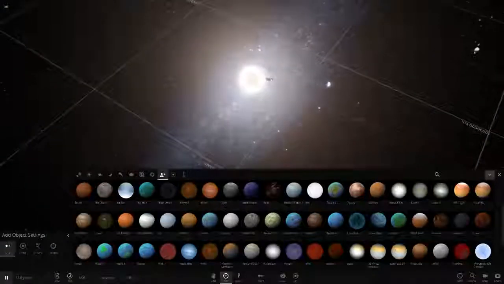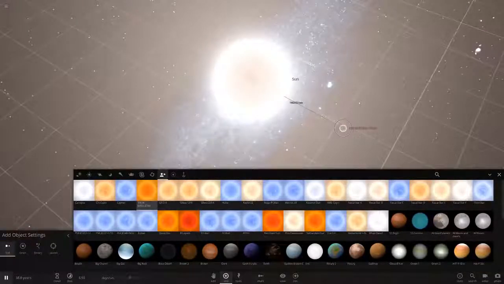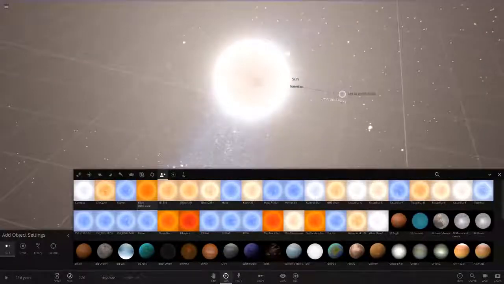But anyways, let's go and do this. So the smallest star, EBLM J0555-57Ab. This is the smallest star, and just look how cute it is. It's so small. Look at